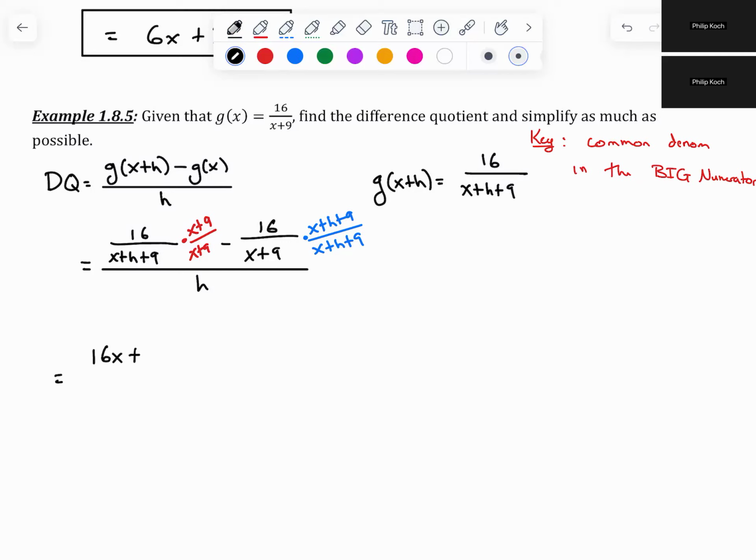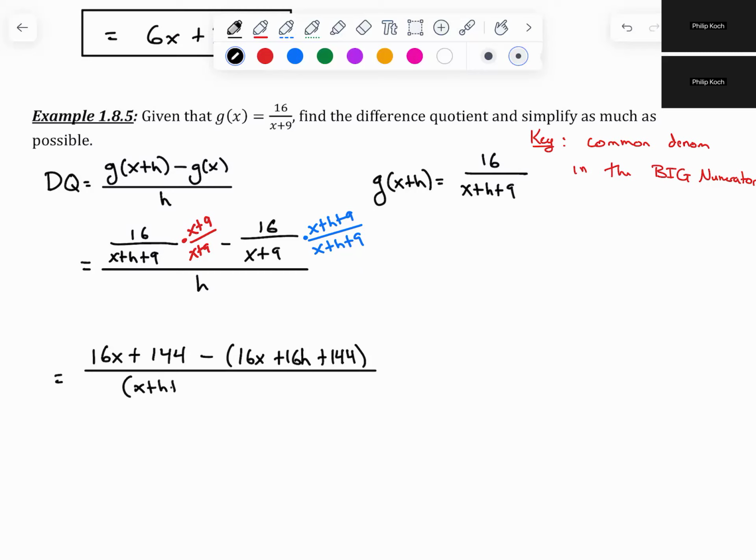I guess 90 plus, what is it? 96? If it had been 6, then you'd be right. 144. Oh, because it's 12 times 12. You could break the 16 into 4 times 4 and the 9 into 3 times 3. That's 12 times 12, which is 144. So 16x plus 144 minus, in parentheses, 16x plus 16h plus 144,